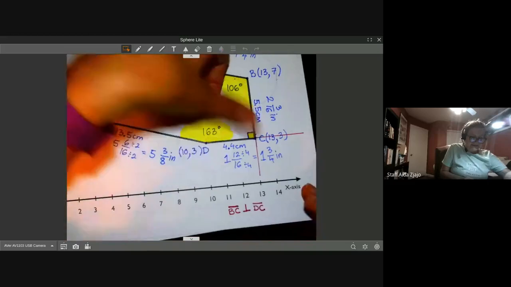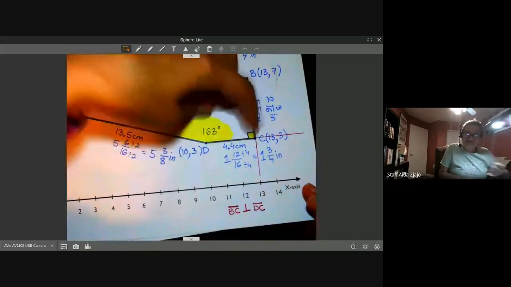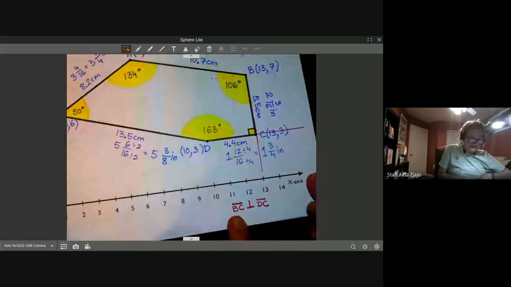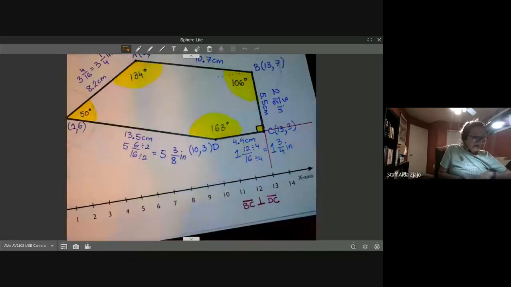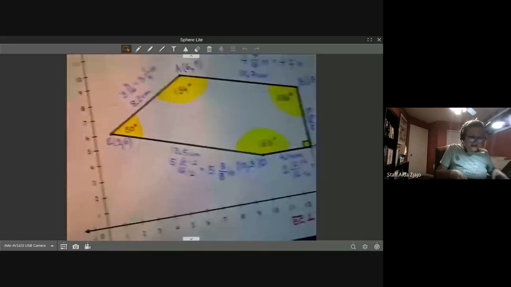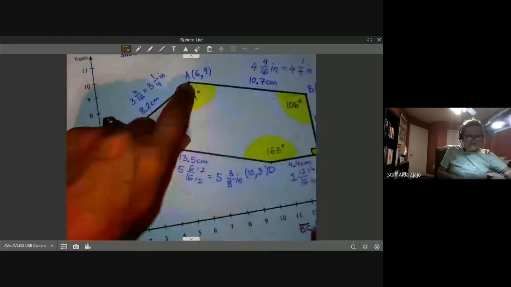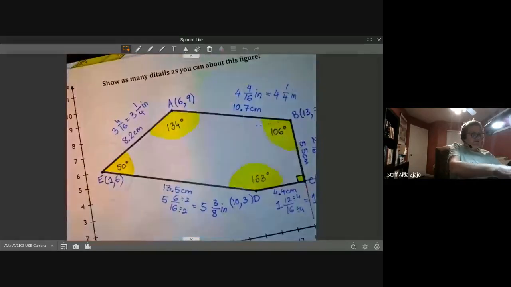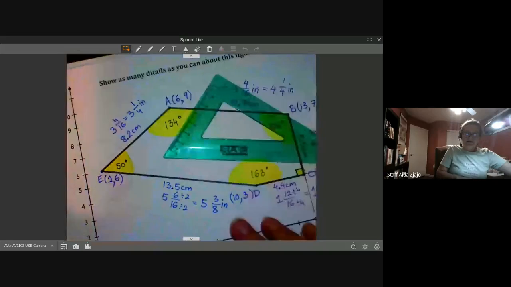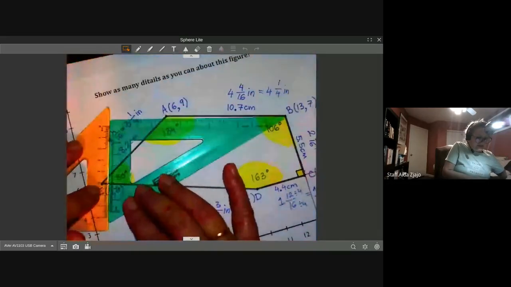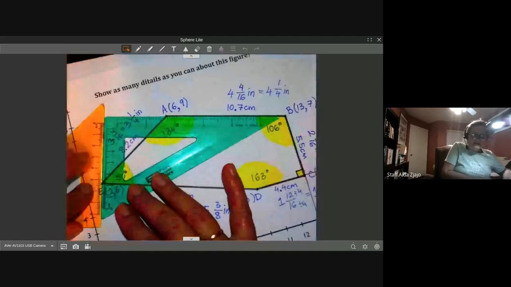You can say CD or DC. It's the same length, so we can say that these two are perpendicular to each other. I'm wondering if the lines AB and ED behave as parallel lines, because it looks like if I take my ruler and make a